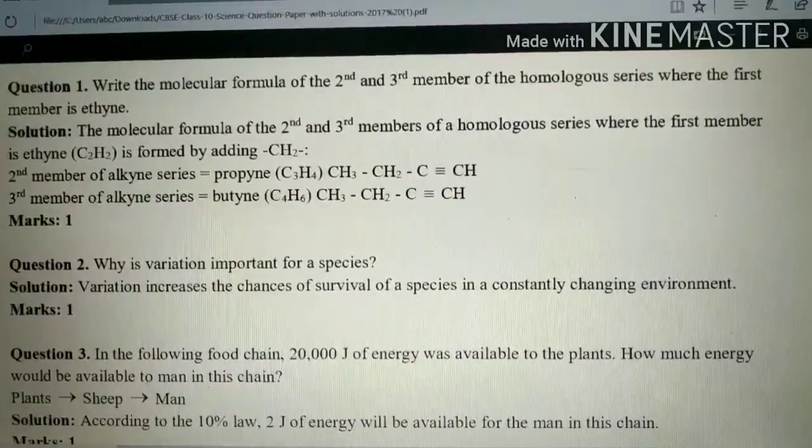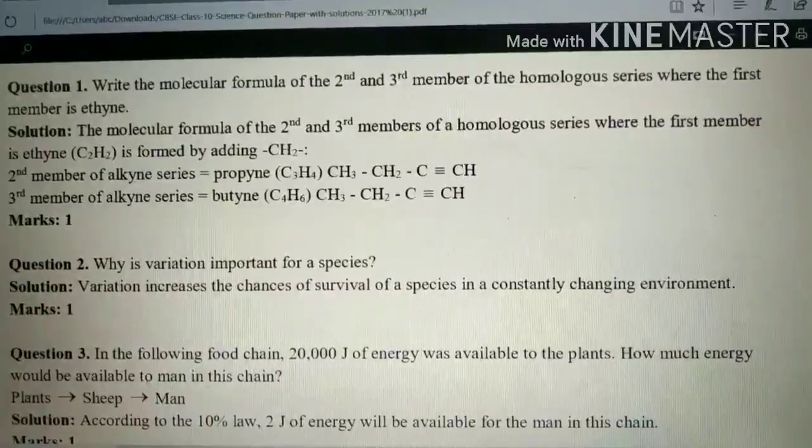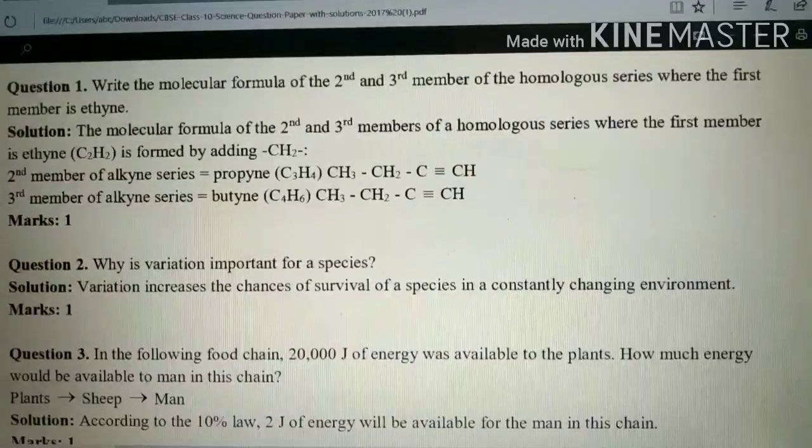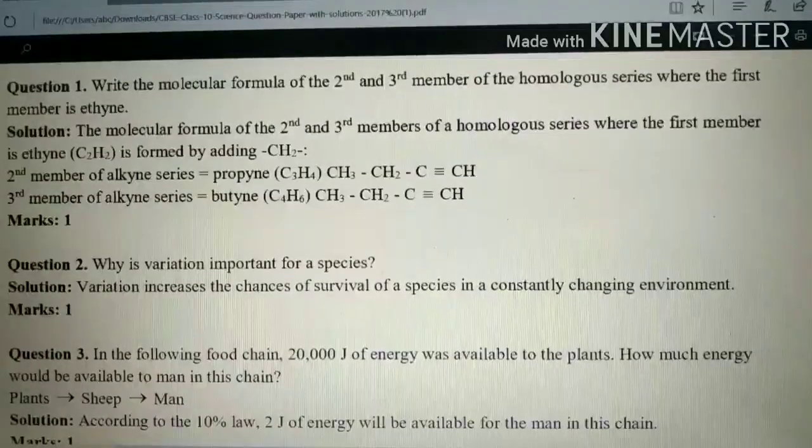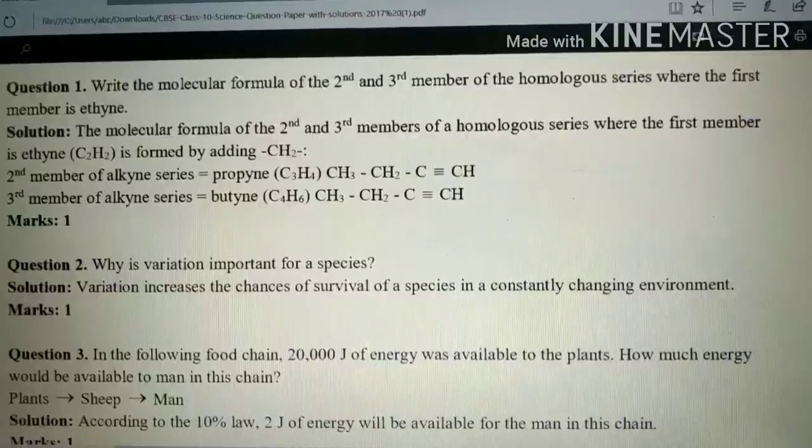So now without wasting time, I solve the problems one by one. The question is there and the solution is also there, so in less time we have to cover more questions. I do not need to explain much here, because we have already learned more about that. Only a small point I have to explain here.